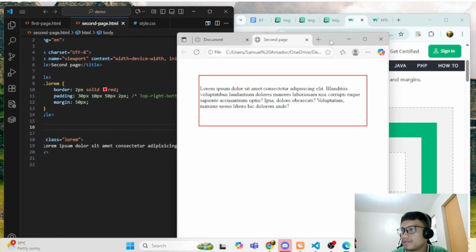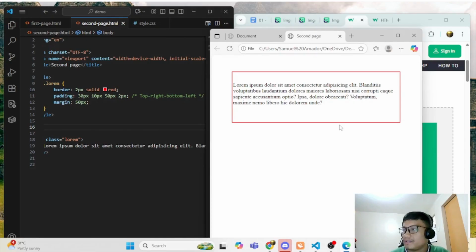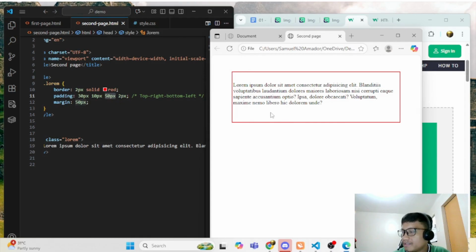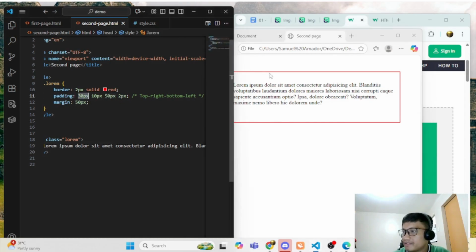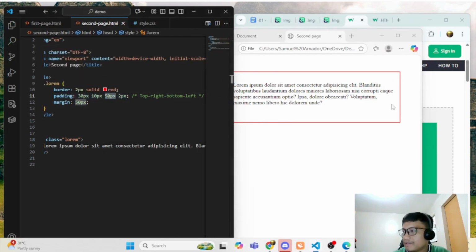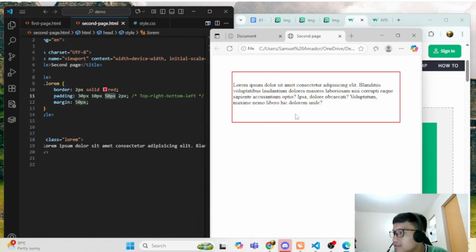So that's how you can see it. Okay. So this is 50 px here at the bottom, 30 px at the top, 2 px left, then 10 px right.